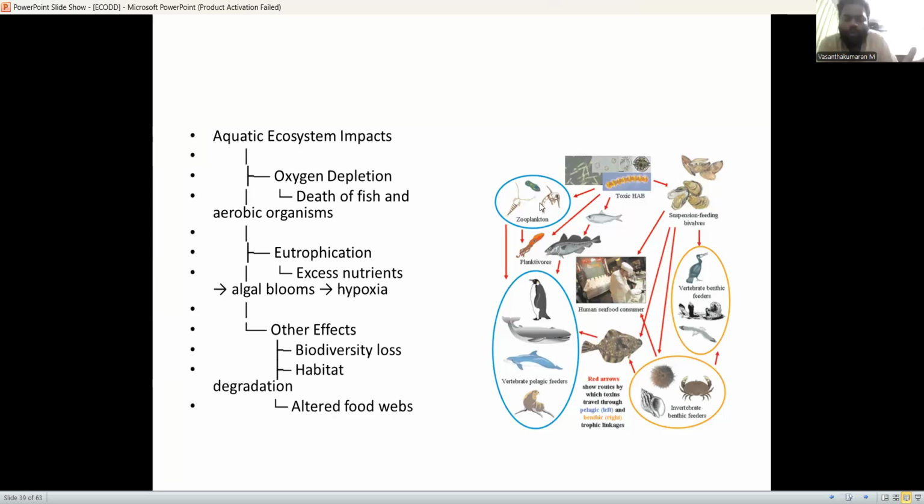Copepods are one good organism which you can also do a project on. It is a very tiny animal. Zooplankton is a very tiny animal, but it is considered the strongest animal in this world. It determines many things in the ocean, many things in the aquatic bodies. So copepod is a very important zooplankton. And we have rotifers, brine shrimp, and all those